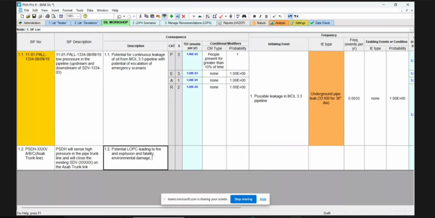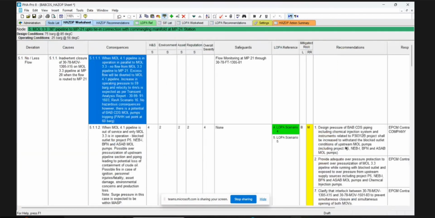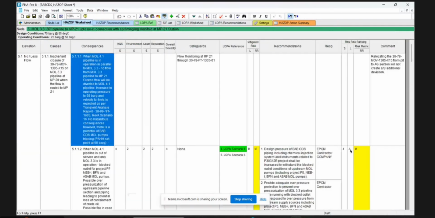I think we have tag numbers. We have them for that, if you are looking for PT also. It is PT, you know. Guys, excuse me, you were saying that this was discussed in HAZOP. Was there anything related to this in HAZOP? Can you see that? I have the HAZOP here, BAB CDS. You can check what's high pressure. This one design